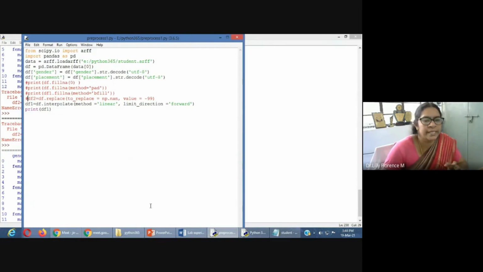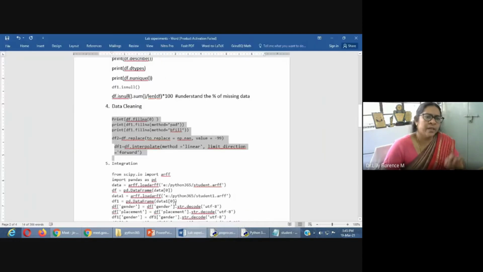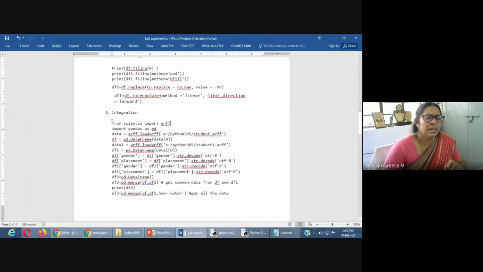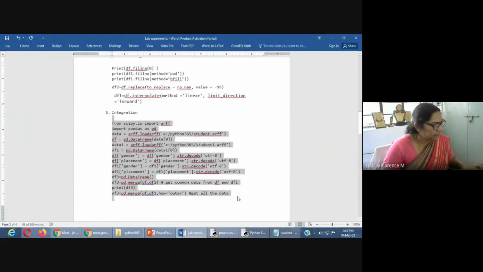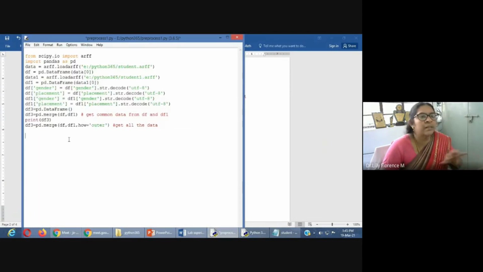Next, the second step, we can use data integration. So the first step, data cleaning. Second step, integration. So data integration is very simple with respect to Python code, since we have one wonderful method called the merge method. So using the merge method, we can combine the data here. So merge is a method we can use.